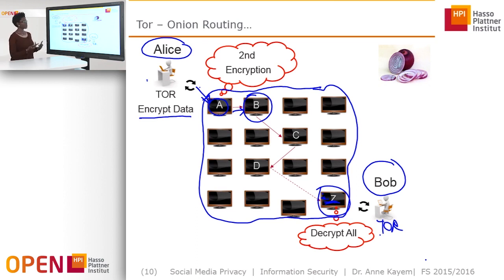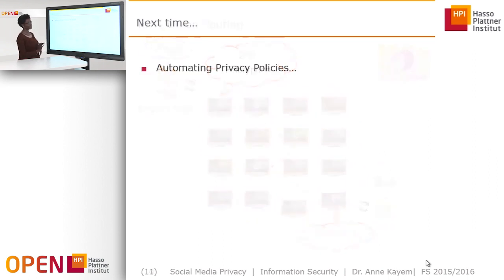In the reverse direction, if Bob wants to reply to the message, then starting with computer Z, for example, the second layer of encryption is applied as it was applied in the case of A, and so on, finding another route going through a different series of computers, going back to A, where the decryption happens to allow the message to be transferred to Alice.